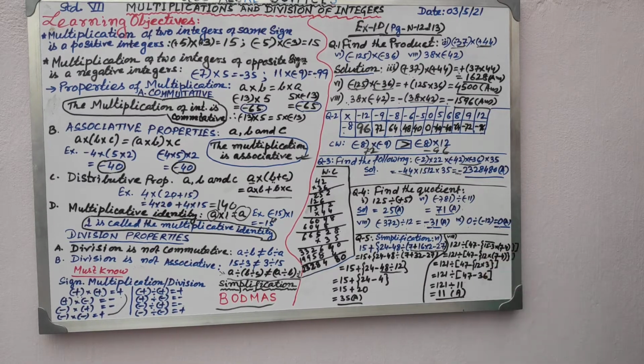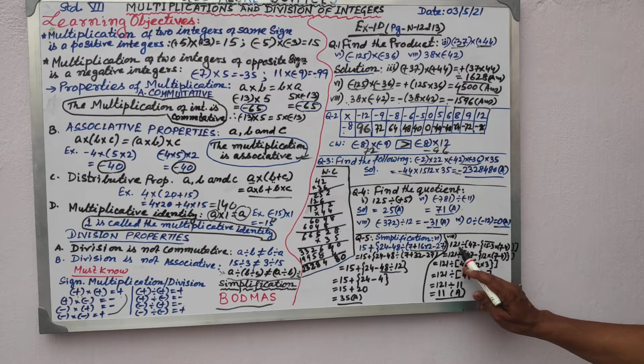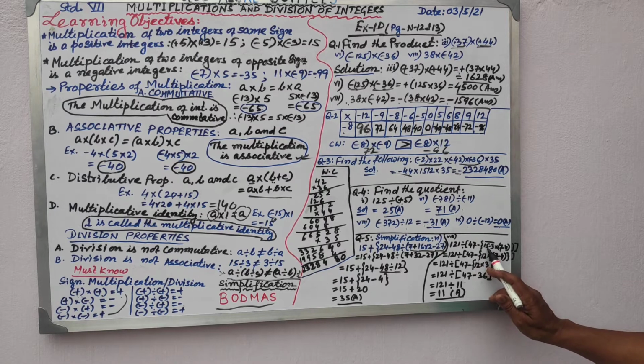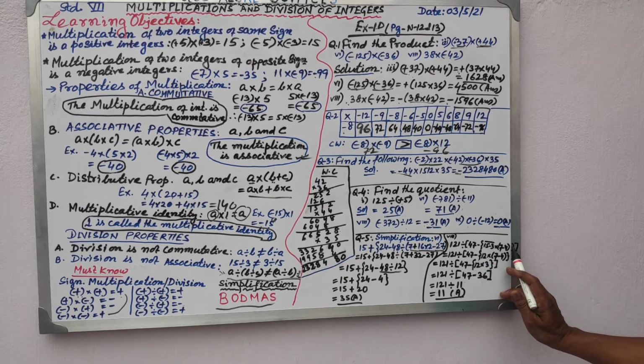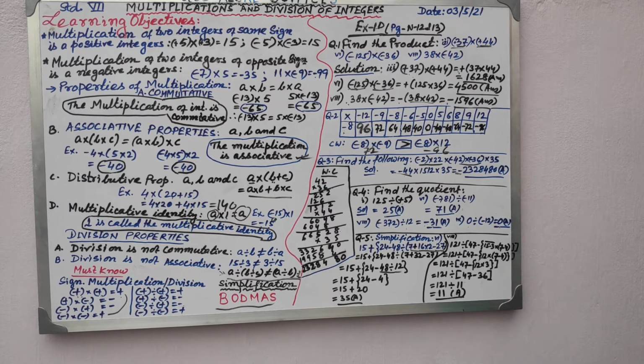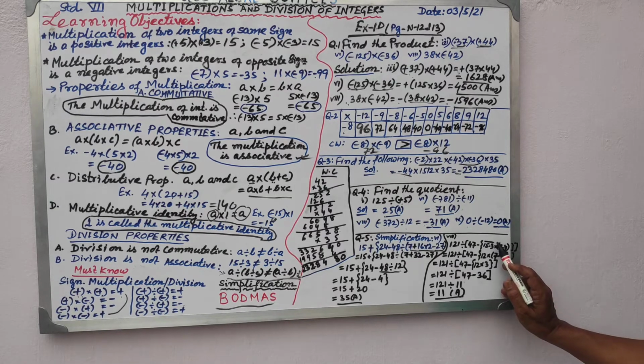I have taken another example with the bar bracket. That is your last question. See, I have written the sum properly. 121 divided by, within square bracket, 47 minus, within curly bracket, 15 minus 3 under bar bracket, then multiplied within first bracket 7 minus 4, first bracket close, curly bracket close, and square bracket close. First I will undertake the bar bracket work, because I know the bar bracket has to be given priority.